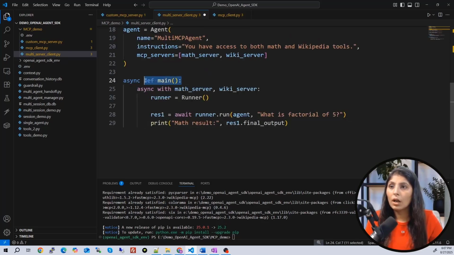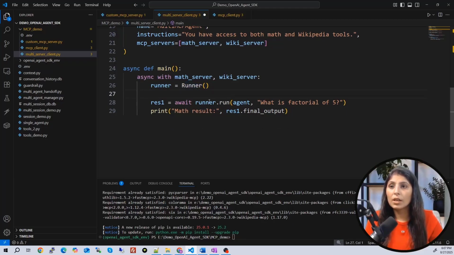So here I have created a main function. Inside that main function, I want to run this math server and Wikipedia server asynchronously. Runner, remember, this Runner class is used to run the agent. First, with Runner.run, I'm running the agent and I'm asking it this question: what is the factorial of 5? And then we are displaying the output like this.